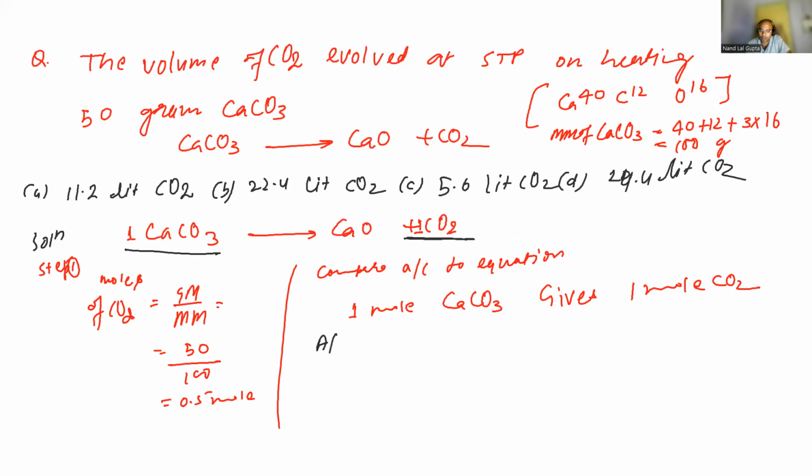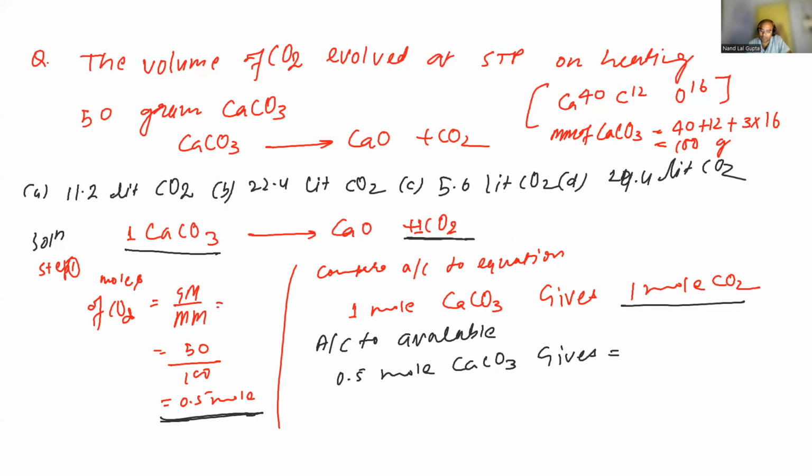Now according to available: 0.5 mole is available, 50 gram is 0.5 mole. So 0.5 mole CaCO3 gives how many moles CO2? If 1 mole CaCO3 gives 1 mole, so 0.5 mole will give